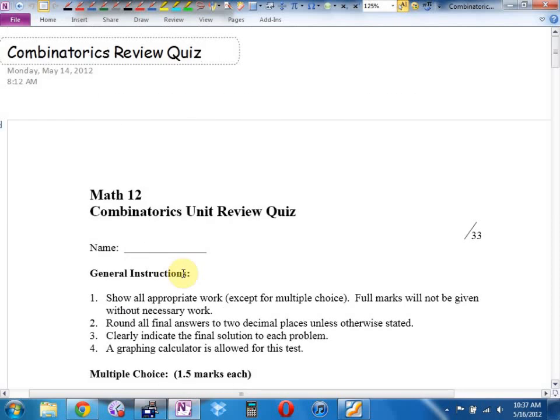When is your test? Wednesday. When is this quiz due? Friday. When is the tutorial? Friday after school. You have the remainder of class